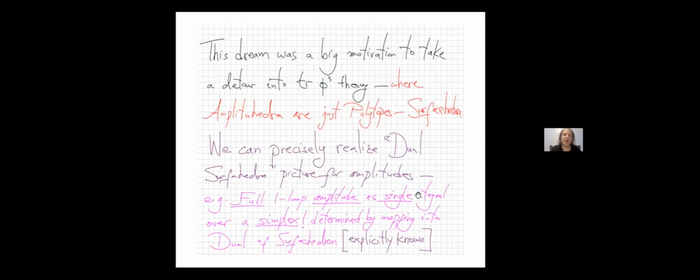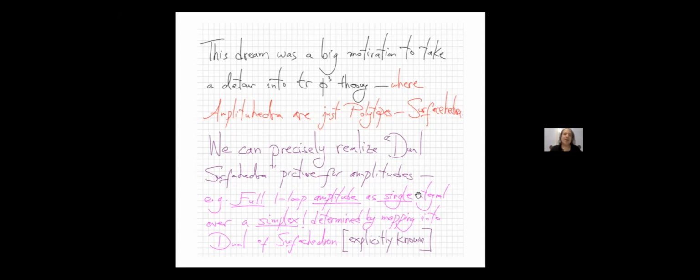And in fact, we've tried for many years, as I said, this is kind of a mythical object, the dual amplituhedron. We tried to find it directly, and without much success, other than gathering more evidence that it exists. But this dream was, at least for me, a big motivation to take a detour from N equals 4 super Yang-Mills into this scalar theory, this trace phi cube theory. At least when it became clear there was some connection to geometry through the Surfacehedra and so on.